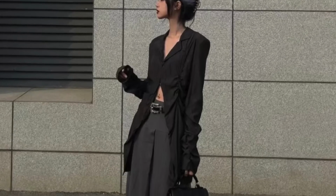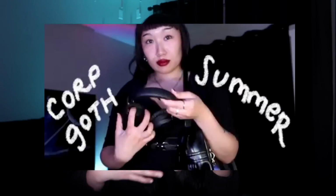Now when it comes to the Siren look with witch elements, I actually think of the style corporate goth. And the reason why is that corporate goth and office Siren actually really go hand in hand together. There is this level of functionality. There is a play with layers because when you work in an office, or you have to appear a bit more corporate, if you will, but still exude your dark aesthetic and still hold on to your self-expression in the office, you're playing with layers, which is a very big key element when it comes to having that witch look. It's very complex. There's a lot of different textures and layers, but in a carefree way, and it's not as structured as, let's say, the